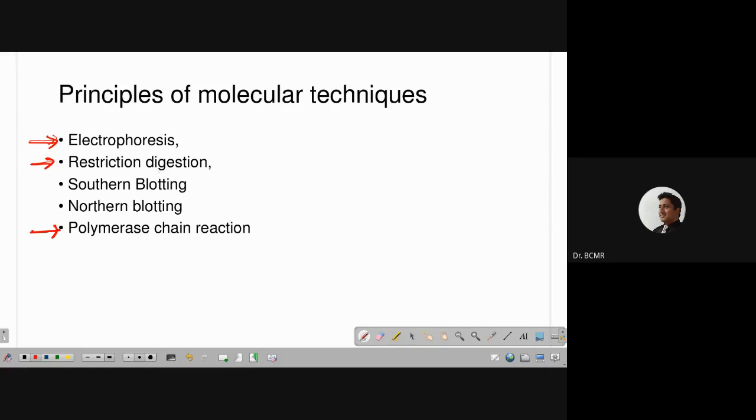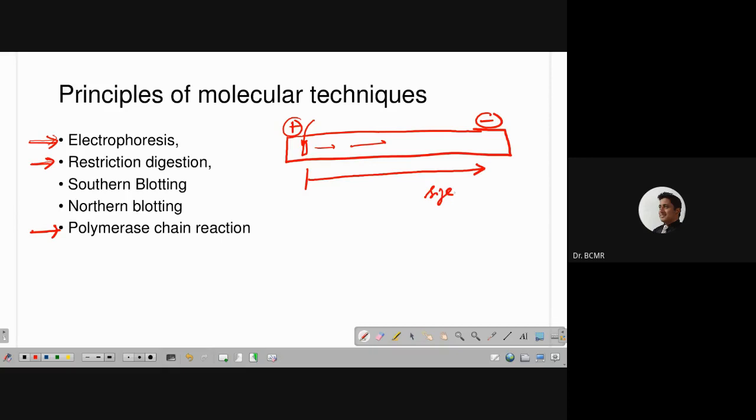So electrophoresis I'm not going to discuss, but I hope you remember that it is electrophoretic mobility. We have a positive electrode and a negative electrode, and all nucleic acids have a net negative charge because of the phosphate backbone. And here is somewhere the well, that is where we load the gel DNA sample, and then DNA will travel through to the opposite end. We will see the setup and everything when you come to the lab, but otherwise I think you have the basic idea. So electrophoretic mobility is based on the